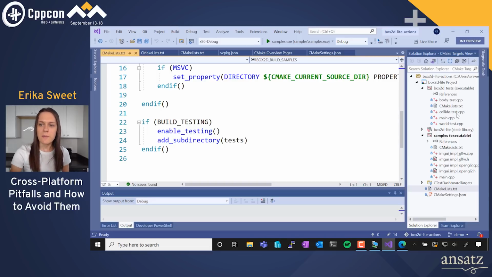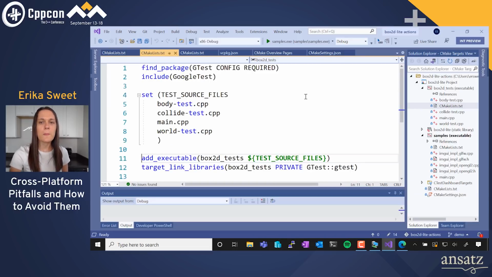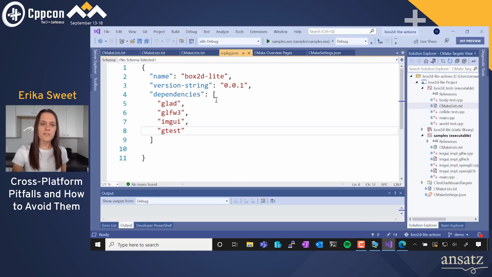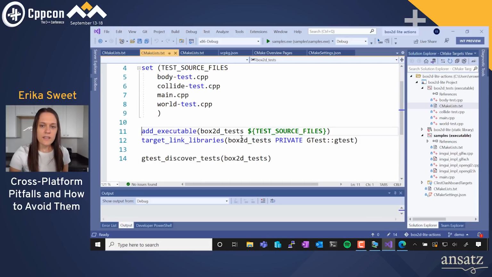Then I'll jump back to the CMake list that defines my test executable. I only have one test executable in this project, but you can have as many as you'd like. And I find and include Google Test. And again, I'm using this vcpkg manifest file to actually acquire gtest. Link against gtest. And then I can use this built-in gtest discover tests command and pass it my box2d test executable. And then CMake will automatically extract unit tests at the individual test method level by querying that compiled box2d test executable for available tests,